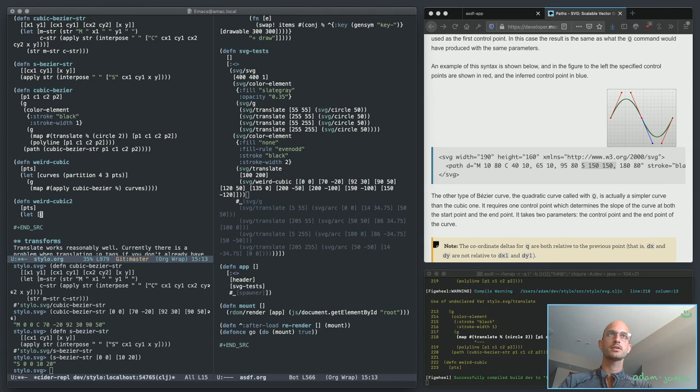So let curve 1 be apply cubic Bézier to take 4 from points. That gives us the first curve. String. Oh, shoot. It has to be apply cubic Bézier string, like this, actually. And then